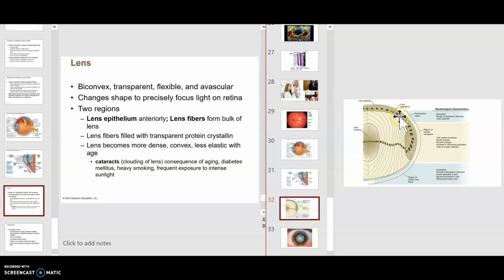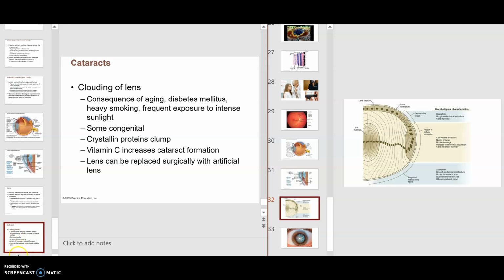Lens epithelium, that's the anterior. Lens fibers at the back here. Lens fibers are filled with a transparent protein called crystallins. The lens becomes more dense and convex with age. And so some will call it presbyopia. Presbyopia. And then cataracts are where it becomes an opacity. It could be aging, could be diabetes, things of this nature. Okay? So we'll